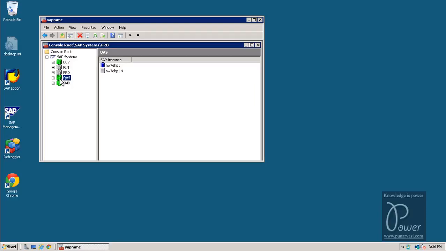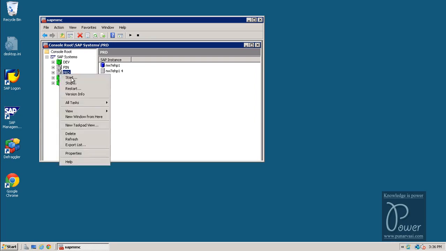Out of these 3 systems, development and quality are already started. That means the databases belonging to these 2 systems are already started, and the PRD system is not yet started. If I right click here and click on start, the database will be started by the SAP itself. Instead of starting the database of PRD in this method, I'll show you how to start the database of PRD